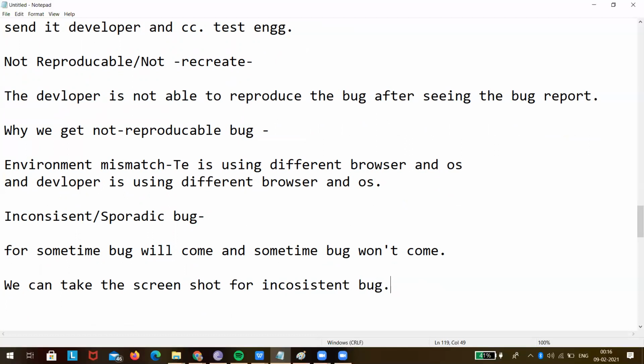Just press print screen and go to paint. So we can take the screenshot. There are other tools like the Snipping Tool, and there are a lot of tools with which we can take screenshots. Because it's a sporadic bug, it will come for some time and will not come for some time. To overcome this, we'll take a screenshot. So that is called an inconsistent bug.